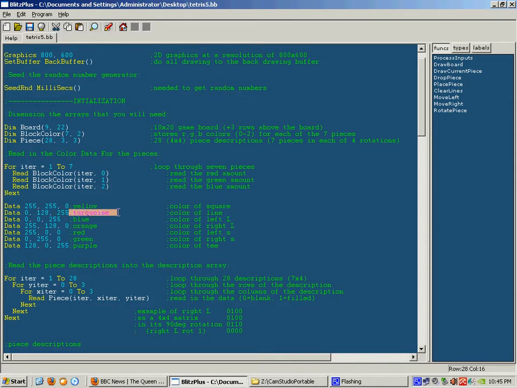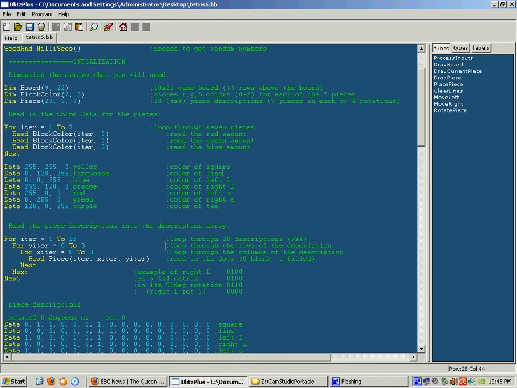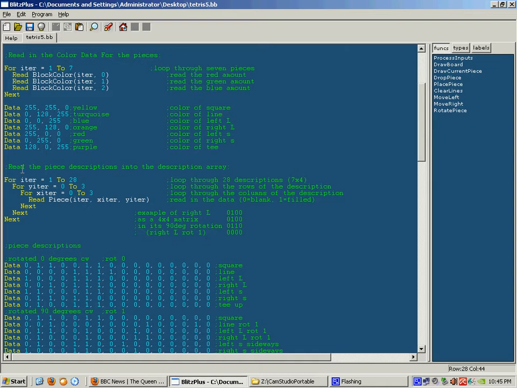Gives us the colour turquoise for the line, which is our shape number 2. Okay, we did the same for all the piece descriptions within the data. So we start at 1, we tell the computer to start at 1, and for the iteration 1 to 28 for all the pieces, first we loop through all the rows and then all the columns, then we read the data, exactly the same